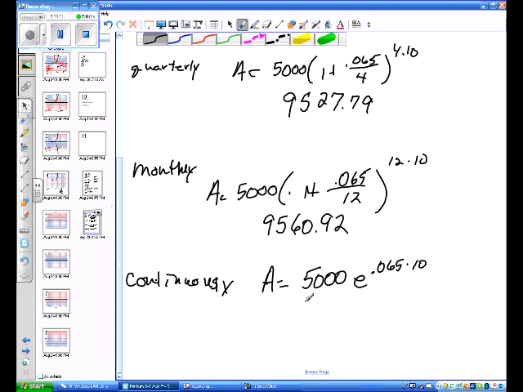So that's going to be 5,000 e, we would move our decimal point, 0.65. And if we go through and we get that value,